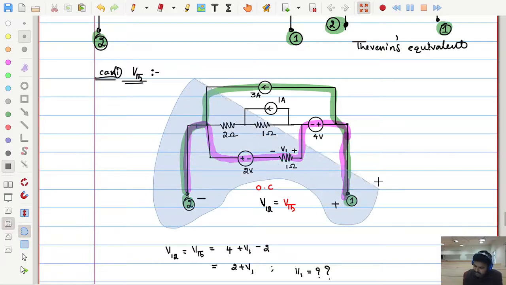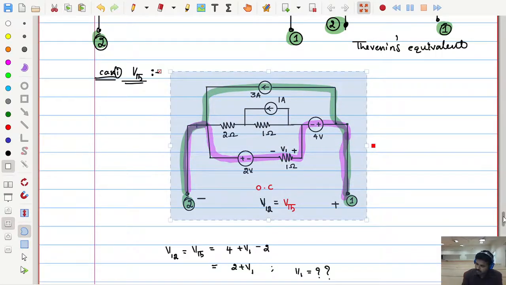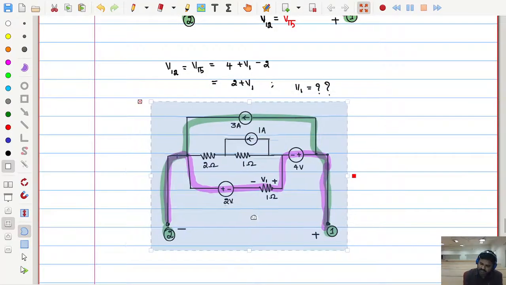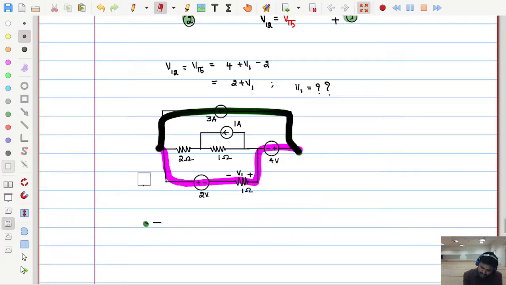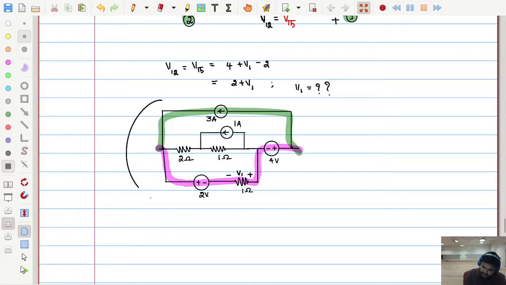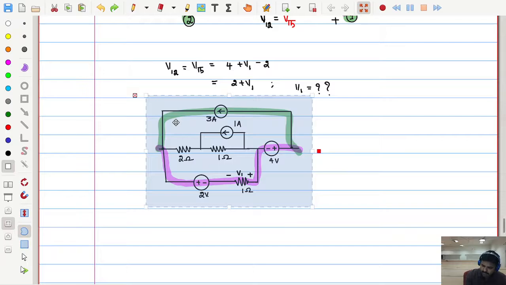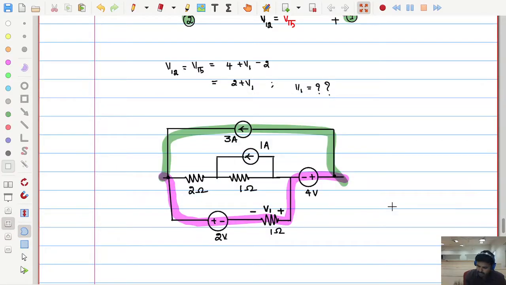So let me take this circuit again. Then think of how I can get V1 by known methods, any method. Let me remove this portion; this portion is also not required as of now. Now I am focusing on V1. These are only wires extended in this way. Then how can I get V1? Think of it. Can I go with mesh analysis? Let me make this circuit a little bigger. Now see, how can I go with the mesh analysis?